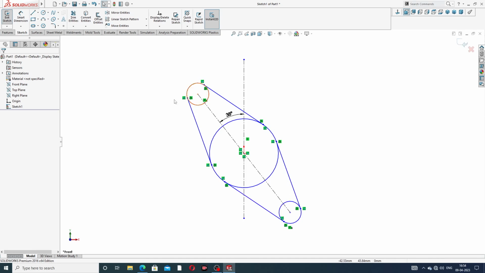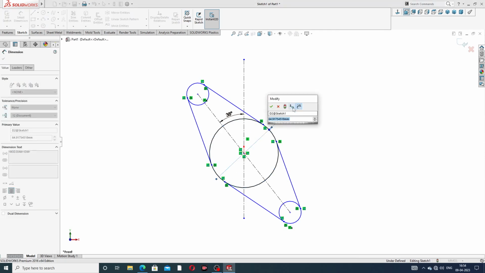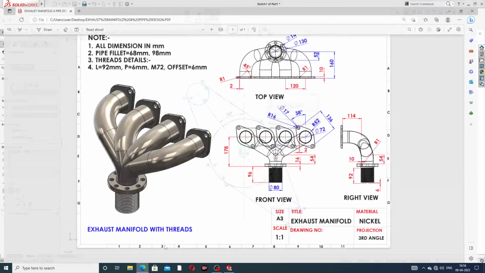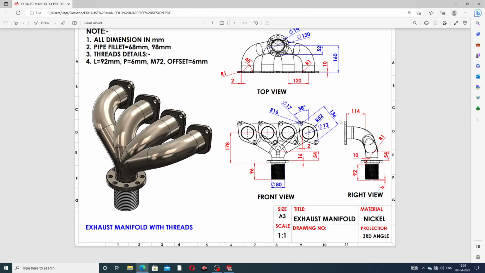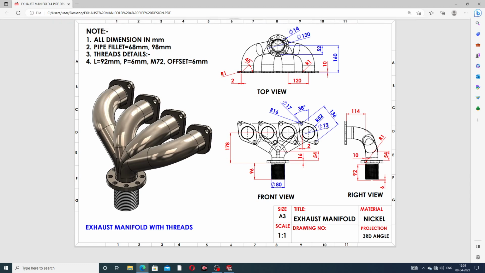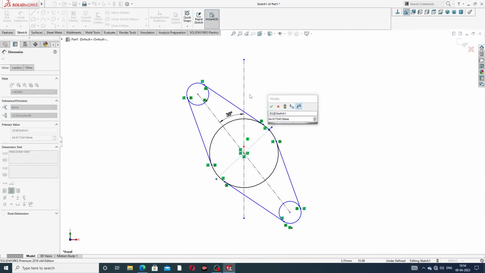Okay, and mention dimensions. The distance between center to center is 136 millimeter, and this radius is 52, which means the diameter is 104 millimeter, and this big circle has a radius of 16, which means the diameter is 32 millimeter. Okay, 104 millimeter,